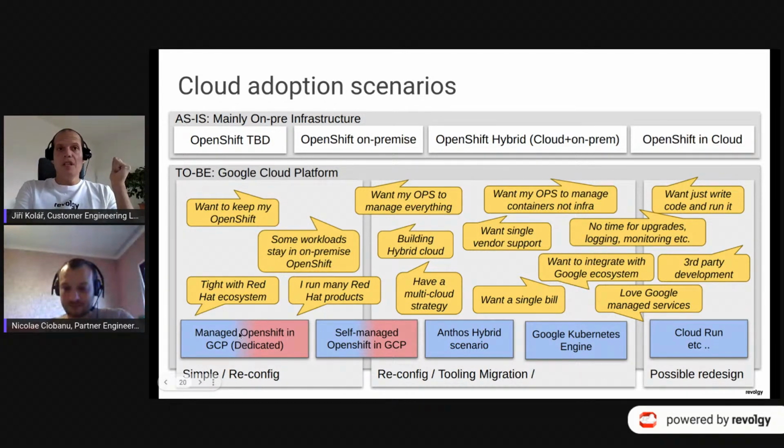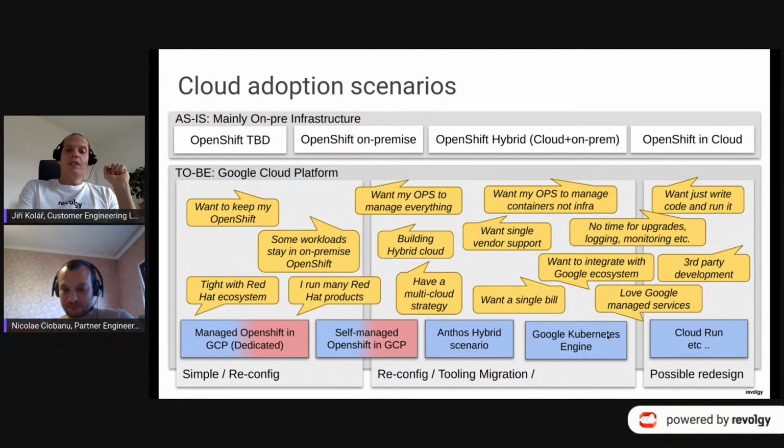So in such a scenario, you simply get the OpenShift running on Google Cloud. So the OpenShift itself is going to be supported by Red Hat, and the underlying infrastructure is going to be supported by Google, right? There is a second option which is also possible, and it's exactly the same when it comes to support. Just the difference is that you install and manage the entire OpenShift platform yourself, right? This is option number 2.